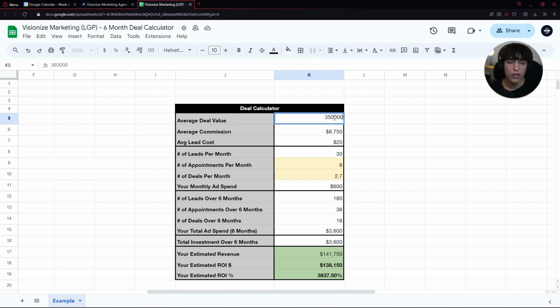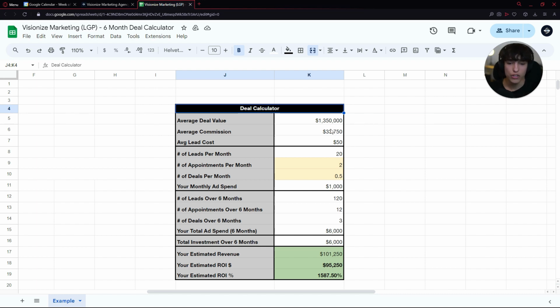Now, along with that, your market also has a big effect because right here, we've been using a $350,000 average deal value. But what if you're somewhere, let's say California, and the average home price is $1 million? Now, even if you had more expensive leads, let's say $50 leads, and you're spending, let's say $1,000 a month on the ads,